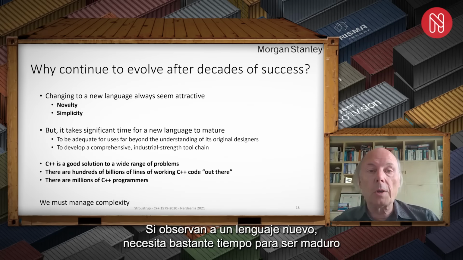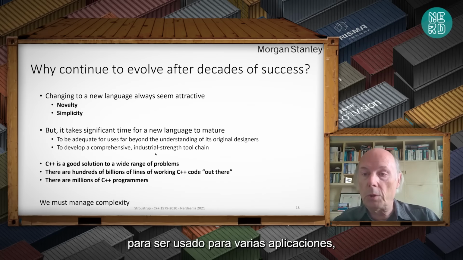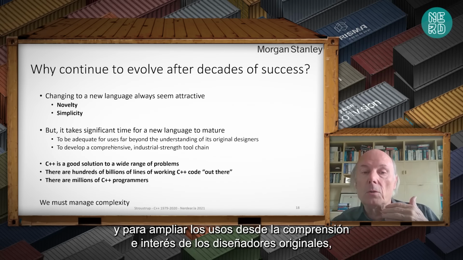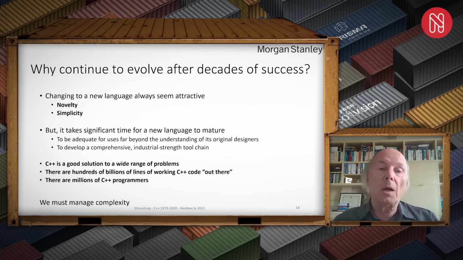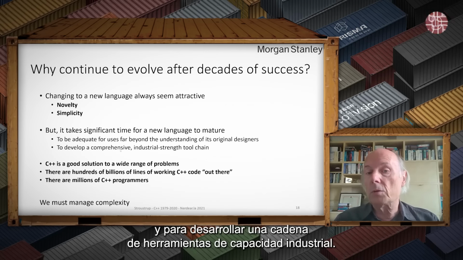Also, if you look at a new language, it takes significant time for it to be mature, to be used for serious applications, and for broadening the uses from the understanding and interest of the original designers, and also to develop an industrial tool chain.